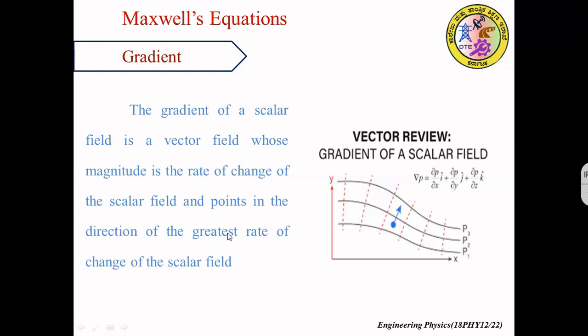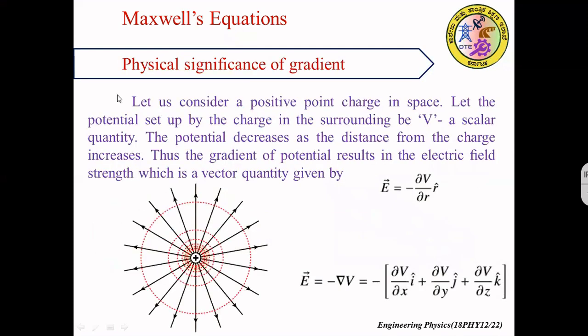Let us look at this with the electrodynamics part also. So what is the physical significance of this gradient? That can be tried to understand again. Let us try to understand the definition of gradient once again here. Assume we have a positive charge here, then we know that it creates a field around it. That field is a vector field. Electric field is a vector field. But there is a potential also. We can map the variation of potential around this charge also.